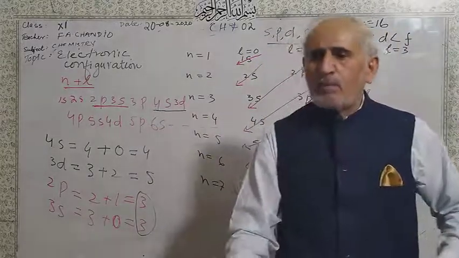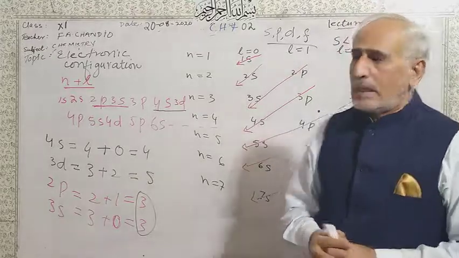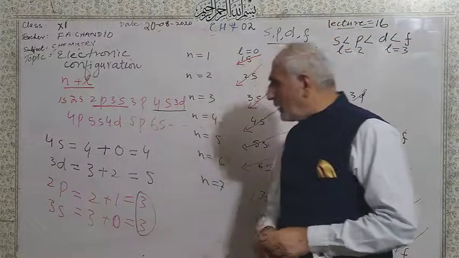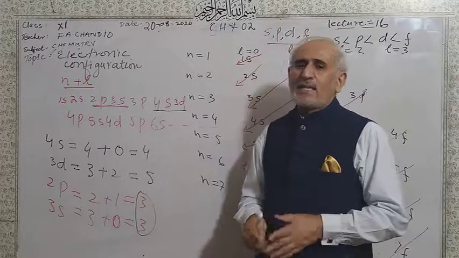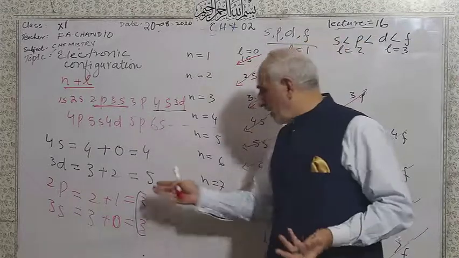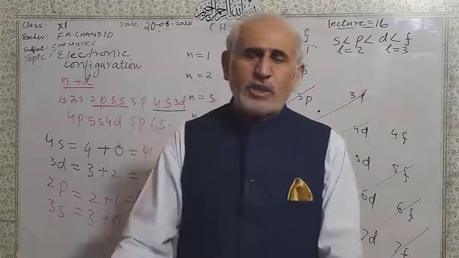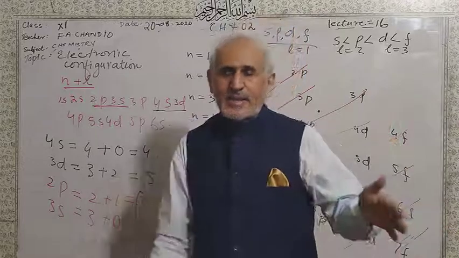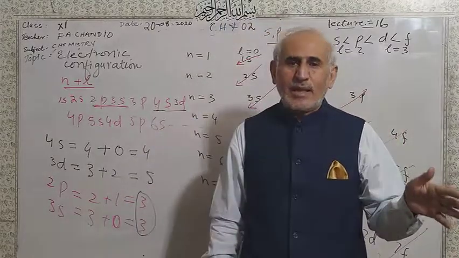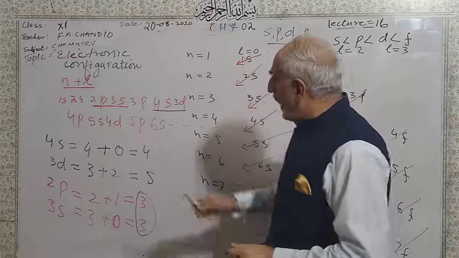The energy is the same for this. So when energy is the same, then why is 2p before and 3s after? Because according to the Aufbau principle and other scientists' research, they say that when the energy is equal, then you have to see